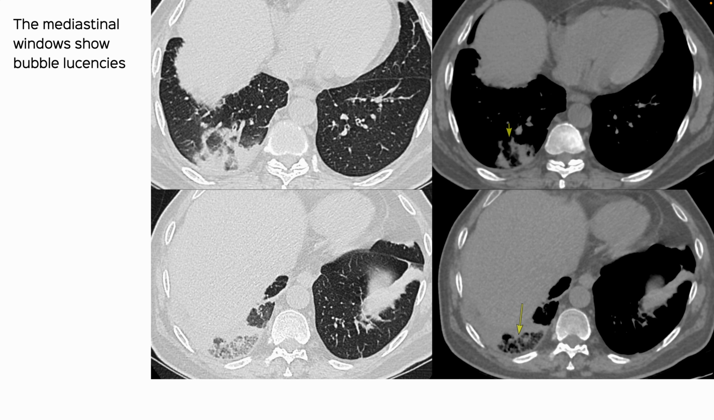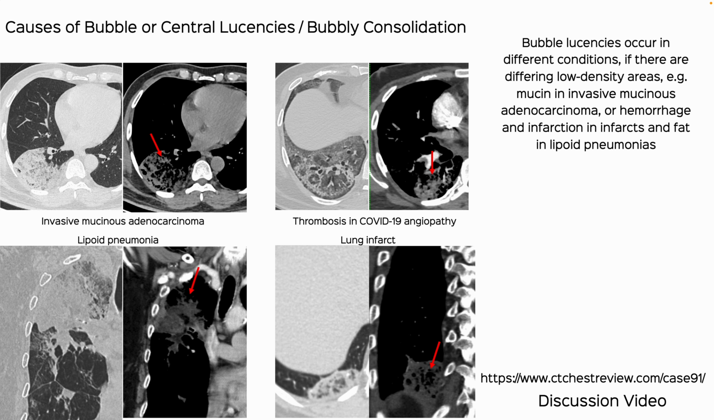Now, this is unusual, and the moment you see this, it should raise a red flag for any of these entities. So, bubble lucencies occur when there are differing areas of low density, and it could be mucin, as in an invasive mucinous adenocarcinoma, thrombosis, here would be hemorrhage in COVID 19, fat and lipoid, and again hemorrhage in a